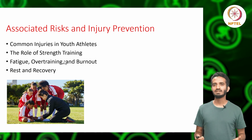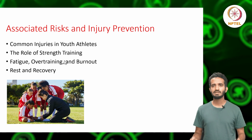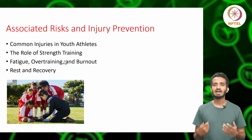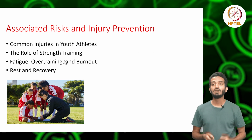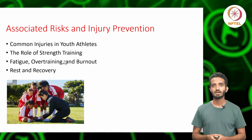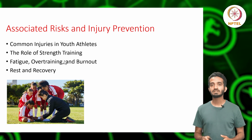Similarly, the ACL, a ligament in the knee, can be stretched, partially torn, or completely torn. Such injuries are common in sports like soccer, basketball, and skiing, where rapid direction changes, jumps, or collisions are frequent. A concussion is a brain injury resulting from a hit to the head or a violent shaking of the head and body. While they can occur in any sport, they are especially common in contact sports like football